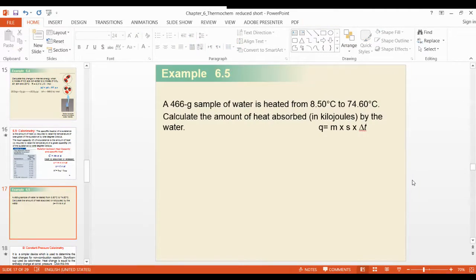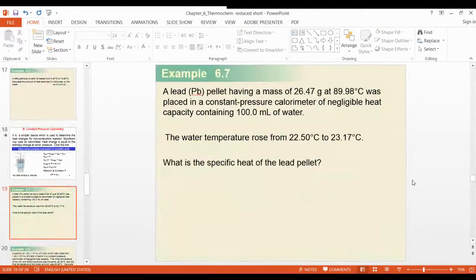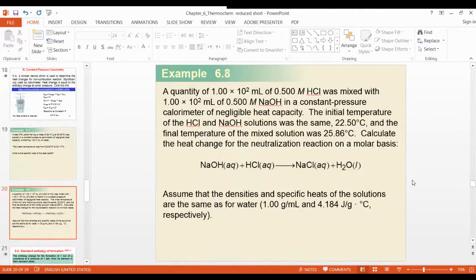This is a calculation. You can go through this. This is the calorimeter, right? We have already done it in the experiment. In the experiment, we have not done delta H, but you should know the theory. What is delta H, whether it is a state function or not, you should know the theory. Any question related to the theory may be asked in the exam. Although you have done the multiple choice question for specific heat, some questions maybe you will